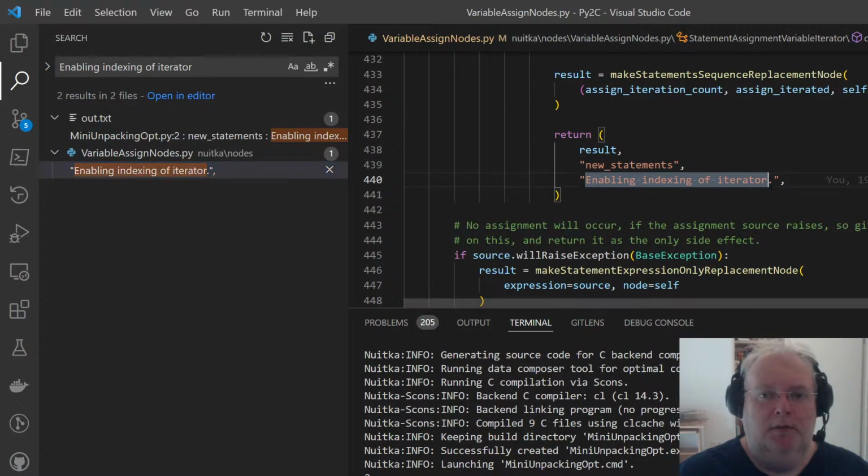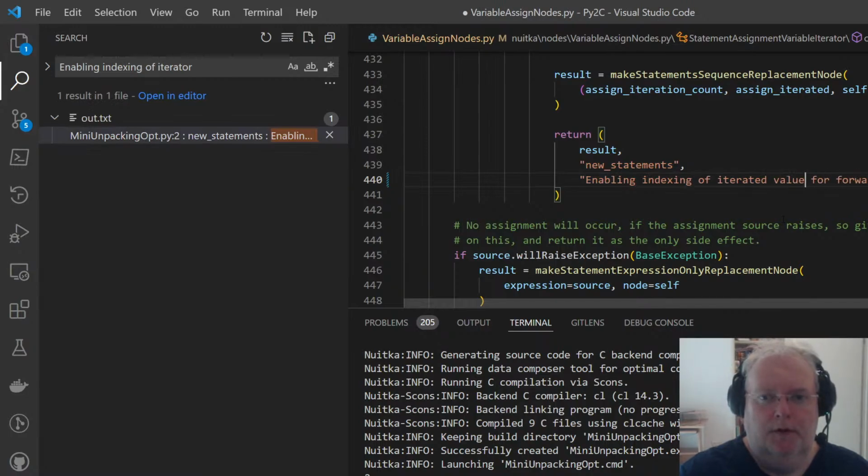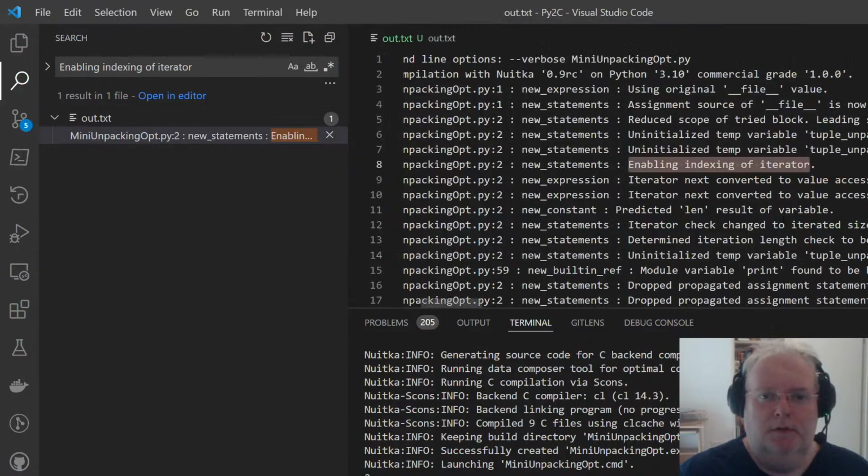Maybe we say enabling indexing of iterator for forward propagation. I don't know. It's not very readable. So iterated next converted to value access.